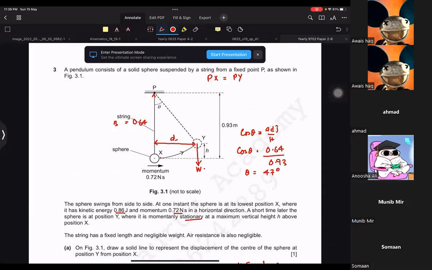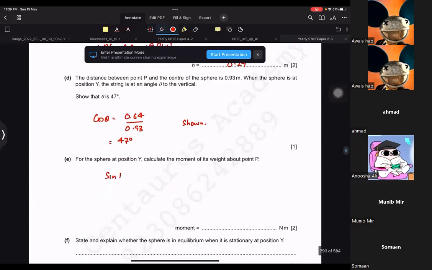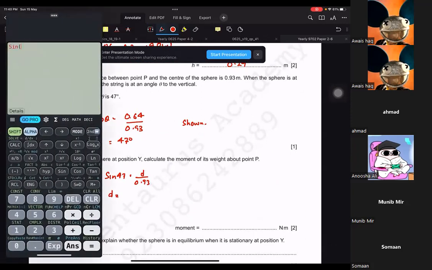Perpendicular distance would be sine theta is equal to opposite, which is the distance over hypotenuse, right? So sine theta, which is 47, equals d over 0.93, which is the hypotenuse, right? So we got the d, right? And we have the weight as well. Okay. Sine 47 equals d over 0.93. So d is going to be sine 47 times 0.93,